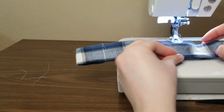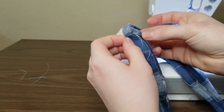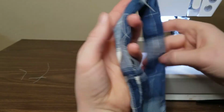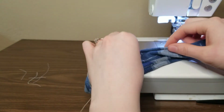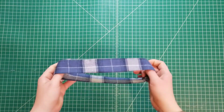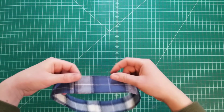Now you can just take this to the iron and iron it flat. And here, because I didn't trim my fraying ends or anything or finish my raw edges, I have these threads sticking out, so I'm going to trim those away also and iron it so it's nice and flat. Okay, now that we have our nice ironed loop all turned right sides out with a small hole in it,